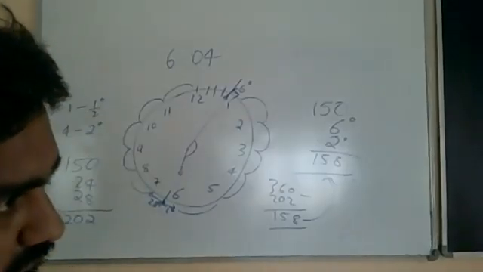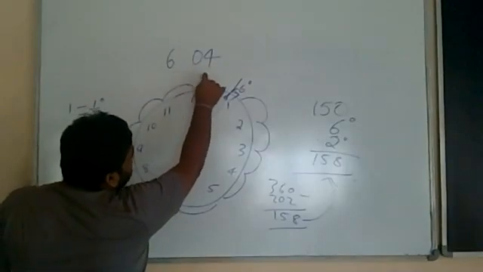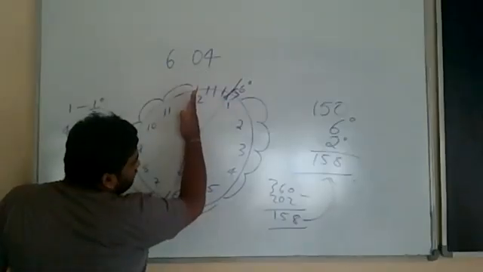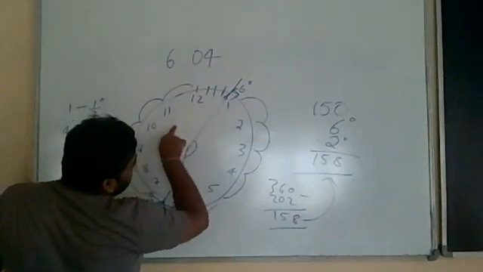Clear? Okay, tell me which part is not clear? That 2 degree and that 28 degree. Now the time is how much? 6:04. Correct? So if it was 6 o'clock, then our minute hand would be here and our hour hand would be at 6. Because it is 4 minutes past 6 o'clock, our minute hand has traveled 24 degrees.